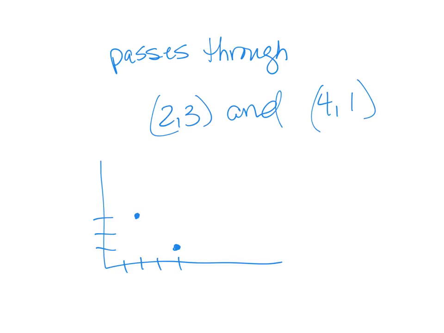Next, an equation that passes through (2, 3) and (4, 1). First thing you do is plot those 2 points. So we know it goes through there. That means the center is going to be somewhere around here, because this is a diameter. These are the ends of the diameter, okay? You understand that? So we've got to find